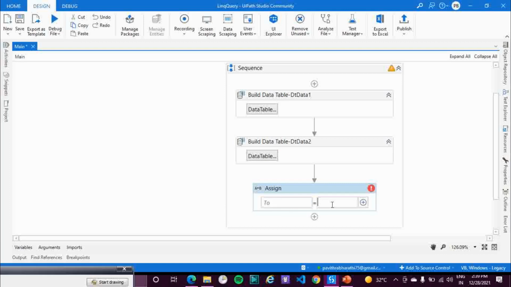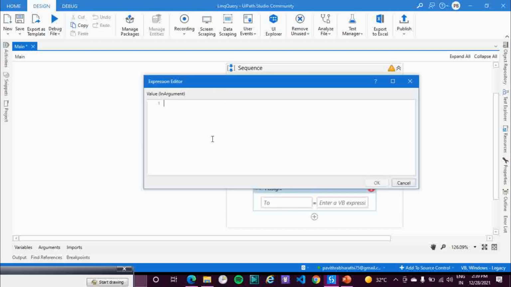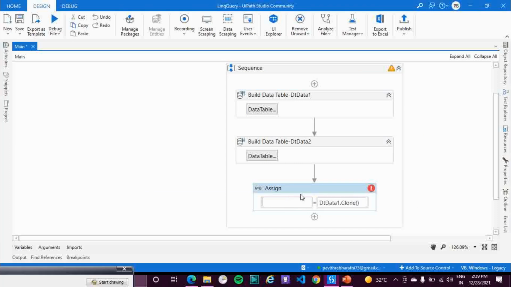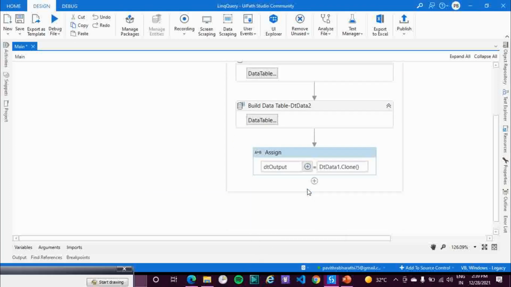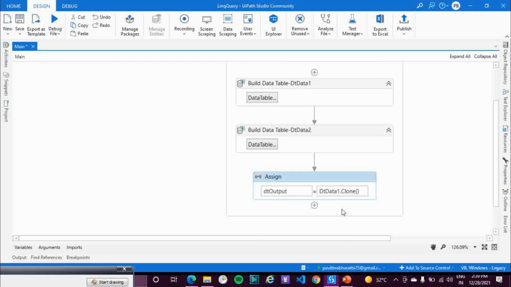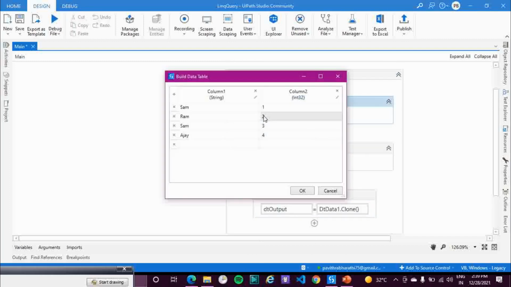To get the structure of a particular data table, you need to write dt, your data table, dot Clone. When you do the clone, it will copy the structure, not the data. Once you're done with this, let me assign the output data table. So I have cloned dt data1, which contains two columns, column 1 and column 2. And in dt data2, I have column 1 and result.